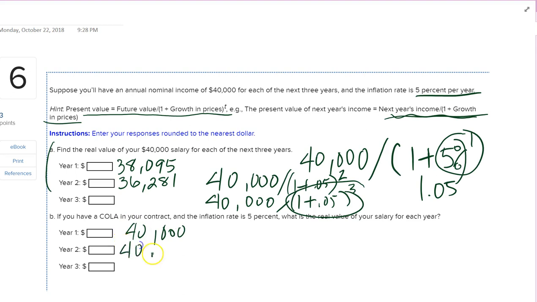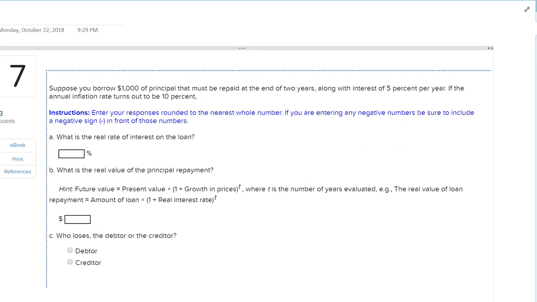So for each of those years, you're going to have your 40,000 in salary. So that one's a little challenging, but if you just understand the formula you're working with, you can work through it. Number 7 is about borrowing $1,000 worth of principal and repaying it at the end of 2 years, along